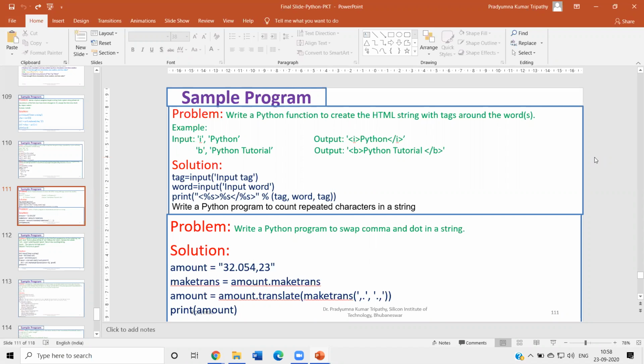Is it understood? Similarly, suppose a program is to swap comma and dot in a string. Suppose there is a comma, it should be replaced by dot. If it is a dot, it should be replaced by comma. For example, this one I have taken 32.054 comma 23. So it says that you take 32,054 dot 23. Correct? So I have used a translate over here, but you may scan